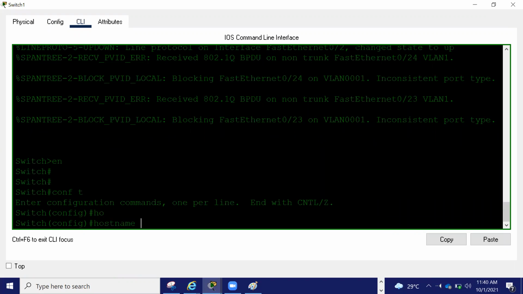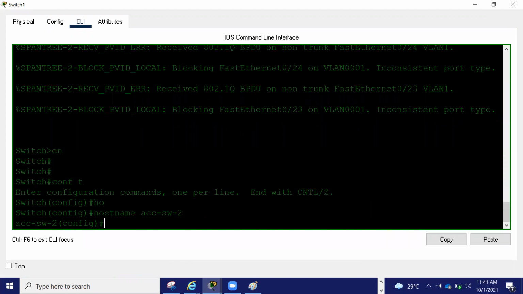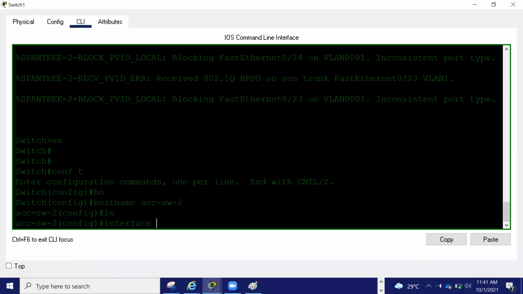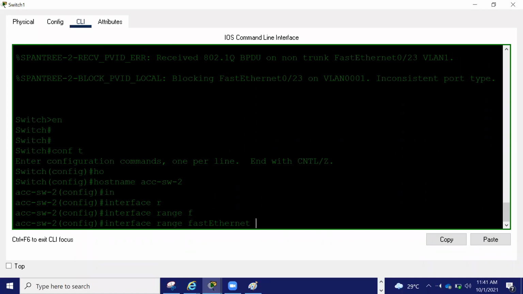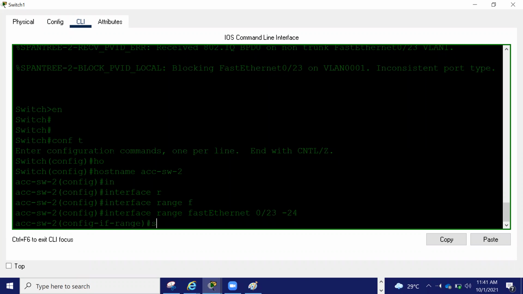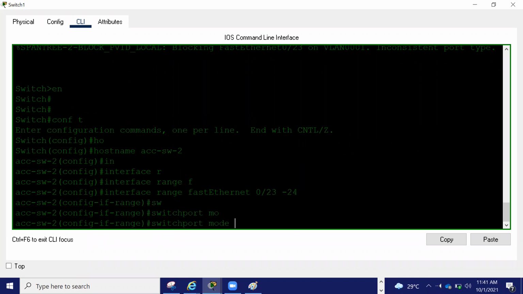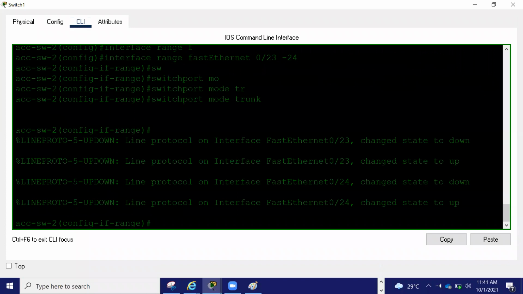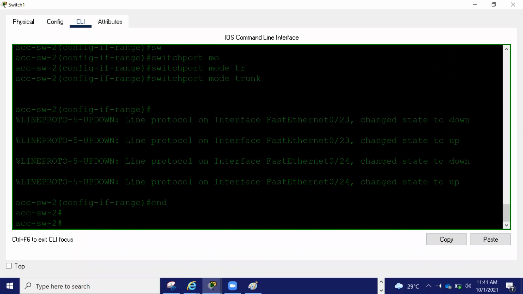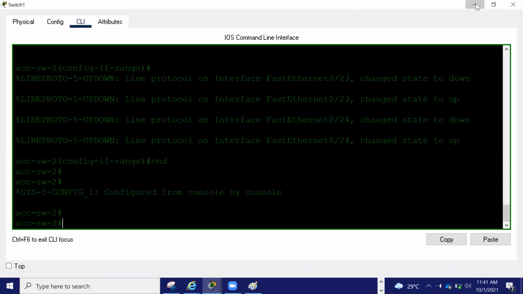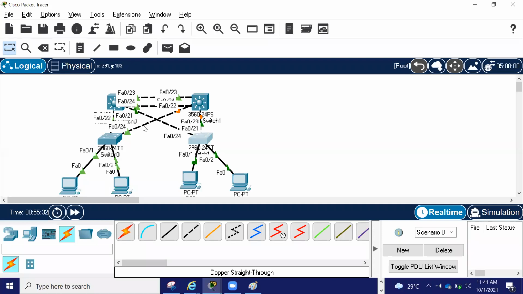So I can say host name access switch 2, and I can say interface range fastEthernet 0/23 to 24, switch port mode trunk. Done. Right? So the first work is done. Trunk is completed.